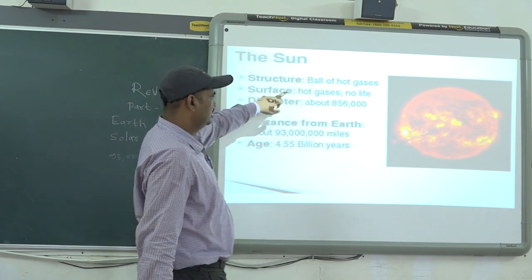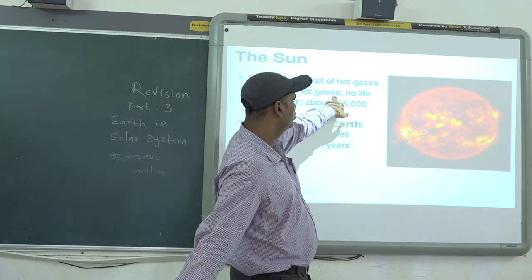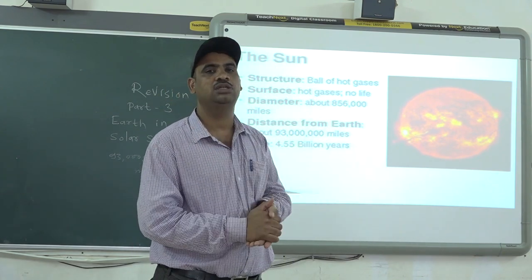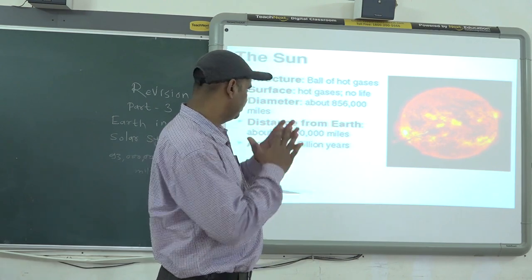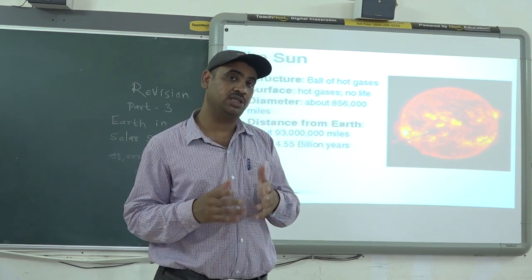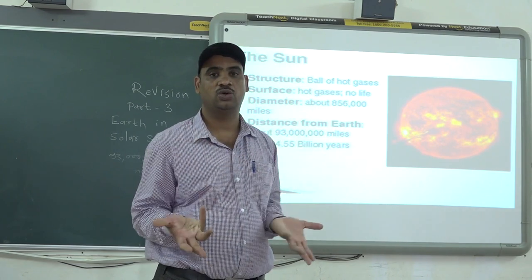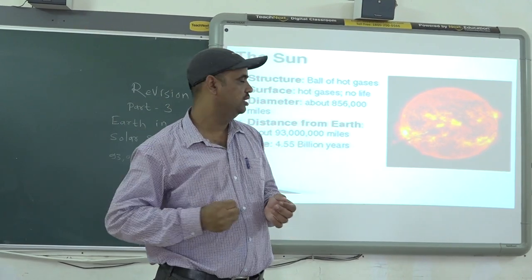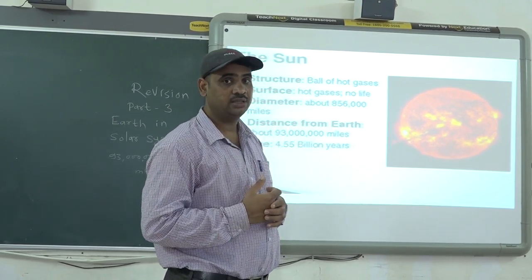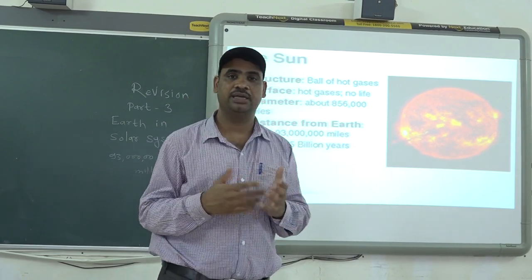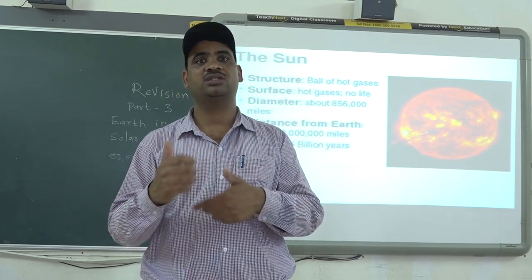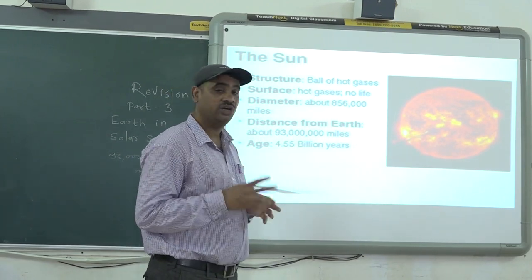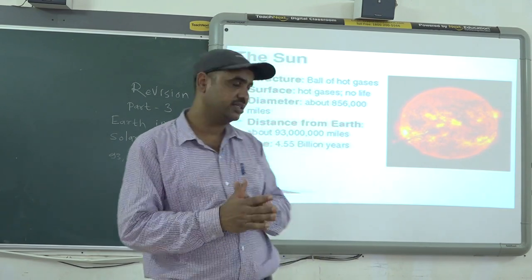Then, the surface of the sun is very hot. It includes very hot gases. No life is possible. You cannot imagine life on the surface or around the sun. In summer, if the temperature crosses around 50, we already feel so hot. Even when the temperature reaches 100 degrees Celsius, water starts boiling, isn't it? You know this scientific fact. So you cannot imagine how hot it may be near the sun.